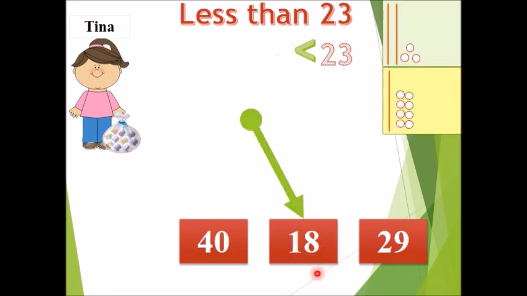It's 18. That's right. 18 has less tens. 18 is less than 23. Be careful. Although 18 has more ones than 23, the number in the ones place doesn't matter when the number of tens is different. You only look at the ones when the number of tens is the same. So 18 must be the number of marbles Tina collected in the